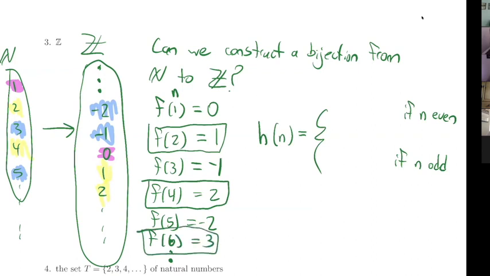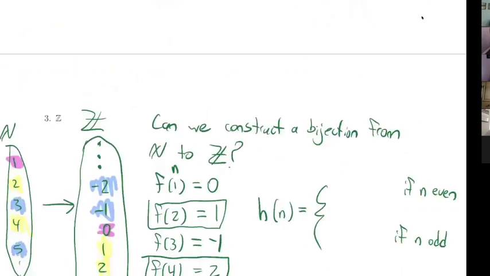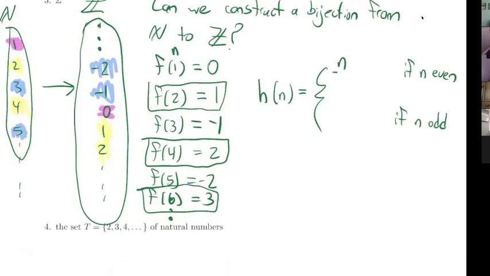What seems to be happening with the even numbers? I take 2, I map it to 1. I take 4, I map it to 2. I take 6, I map it to 3. So how could we write a formula for that? We're dividing it in half. Yeah. So if n is even, then we're just going to take it and divide it by 2. Yes, thank you. And because n is even, we get an integer. We don't have to worry about getting something which is not an integer.